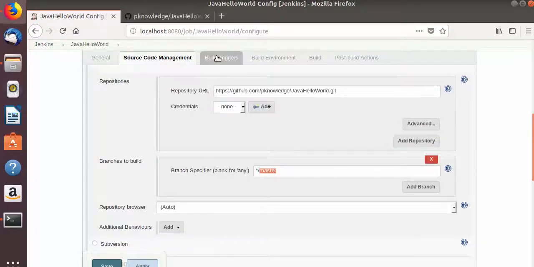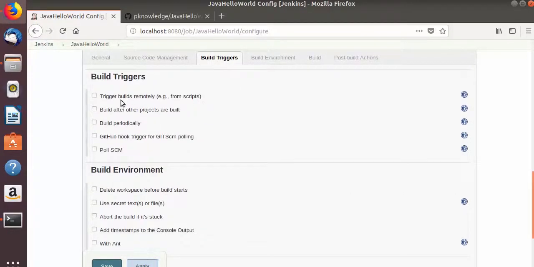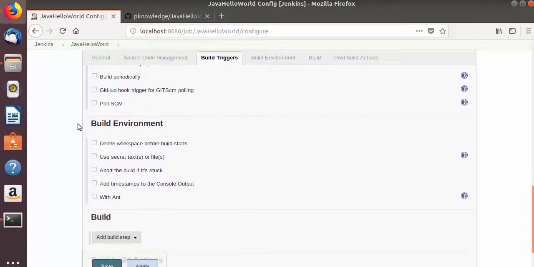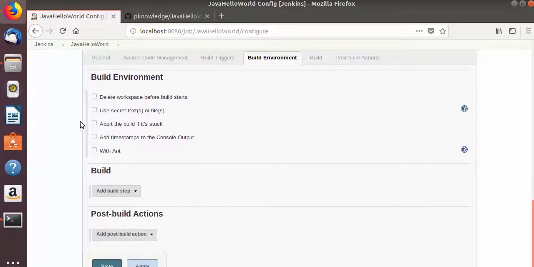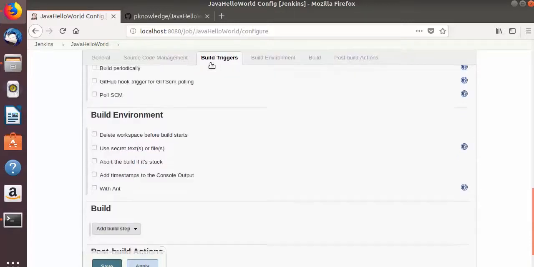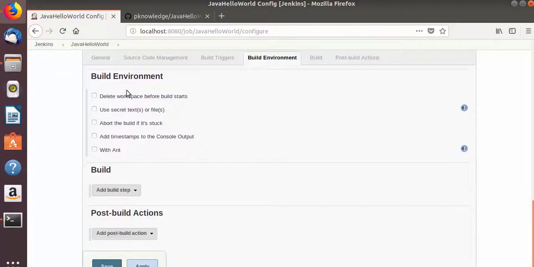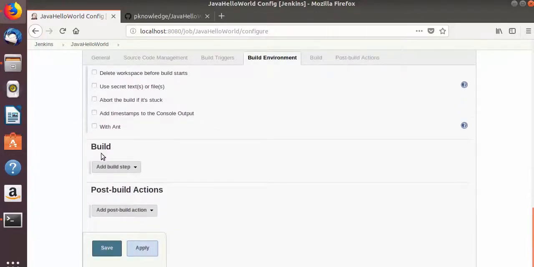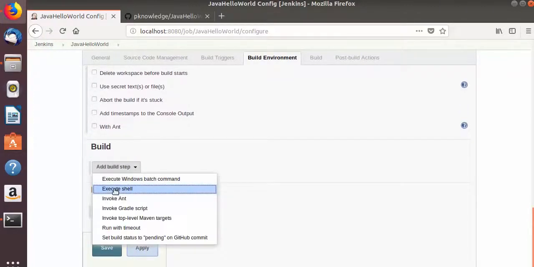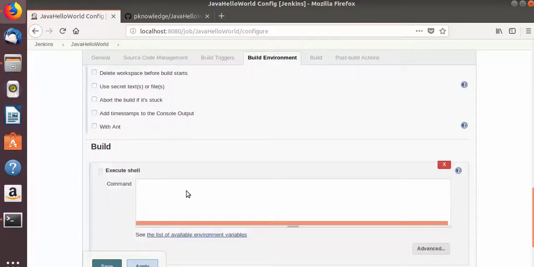And now we will go to the build triggers, and for now I will leave everything as default, but we will see how we can choose this option which says poll SCM or other Git option in a moment. But first of all, I want to show the simple way of just cloning and building your Jenkins job. So just leave everything as default in your build triggers, and then build environment also I'm going to leave everything as default. Now in the build option we will choose execute shell here, and here we will give the